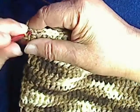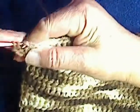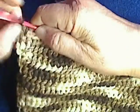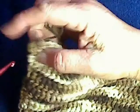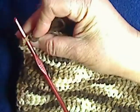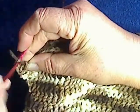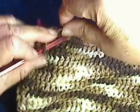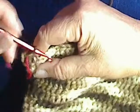Okay, so I'm going to go in here in the first one, go in here in the second one, and you notice I'm using both stitches because this is the edge, and I just decreased one on this end. This now becomes the last one. Good. From here across, we do the single crochet pattern coming towards me,